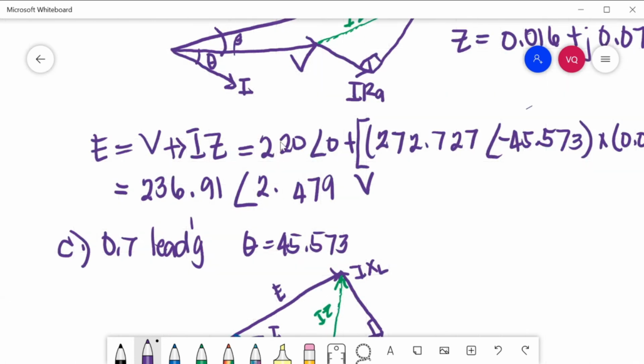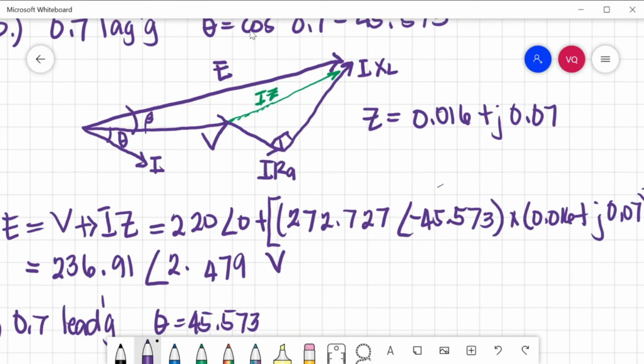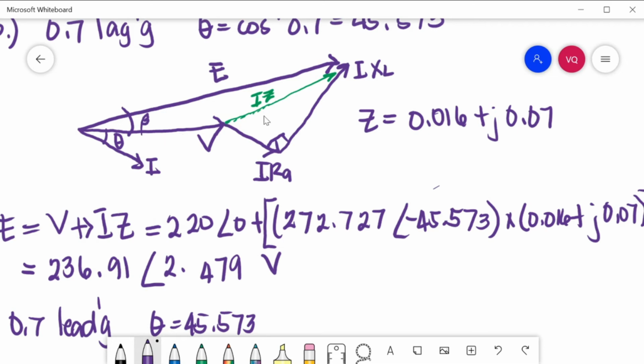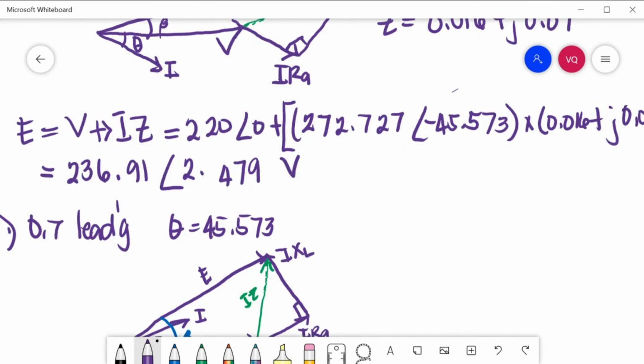If you add the V and the IZ, you will get the magnitude and the direction: 236.91 angle 2.479 volts. You can also solve E by cosine law. If you want to use cosine law or sine law, you can also do that. You can take this IZ first and then get the angle here and perform the cosine law. But for me, it is easier this way. For leading naman,